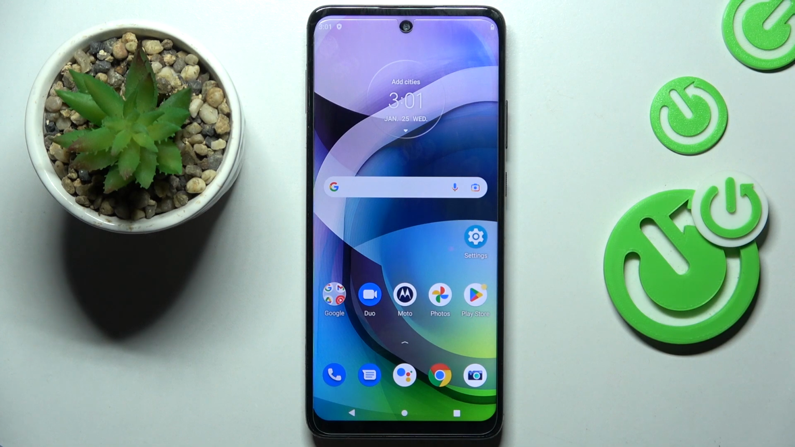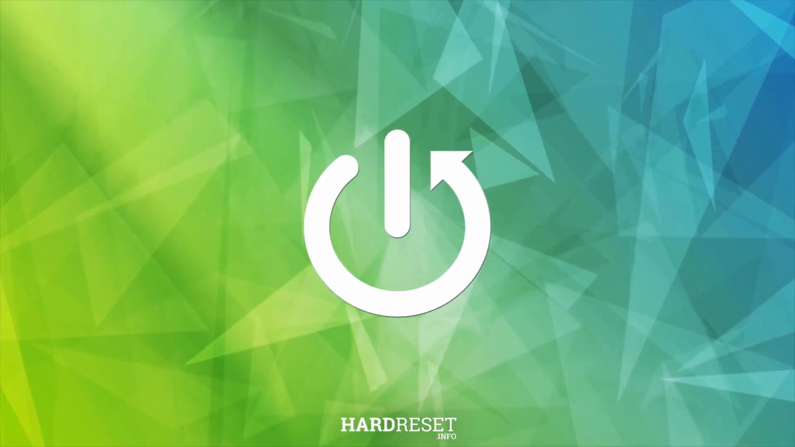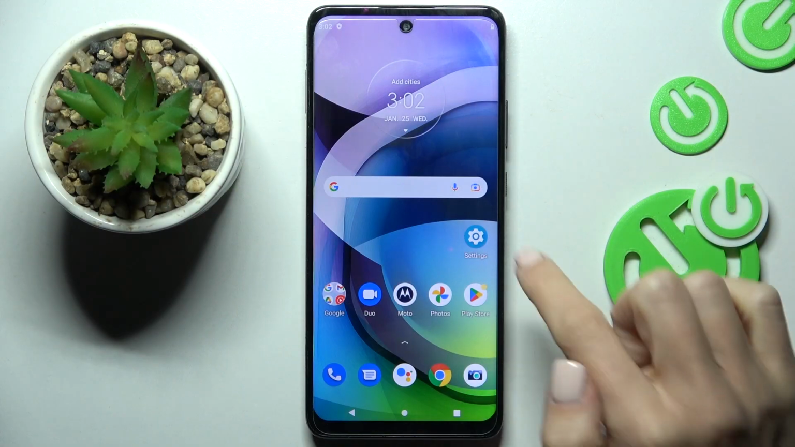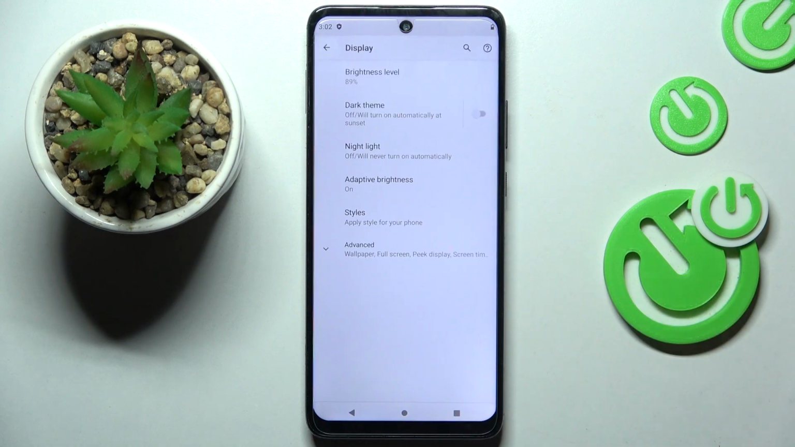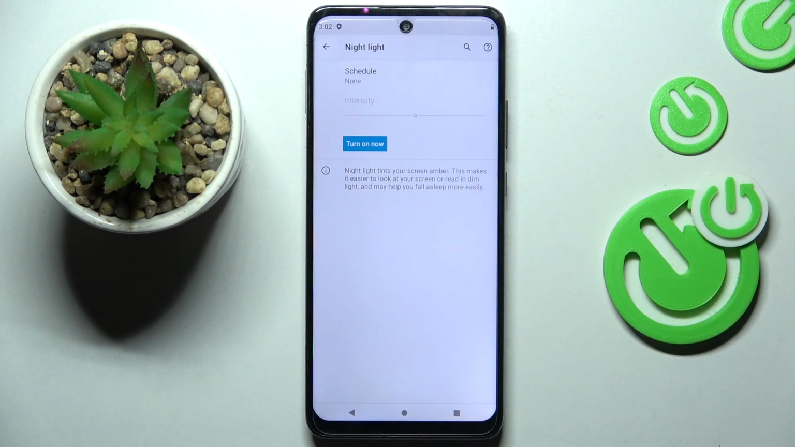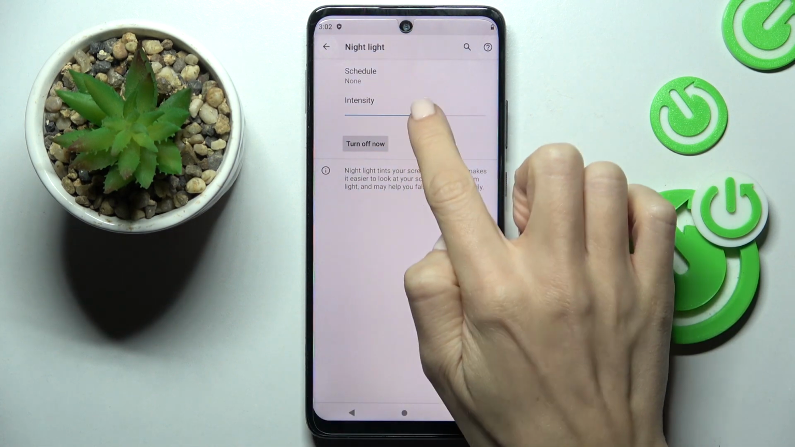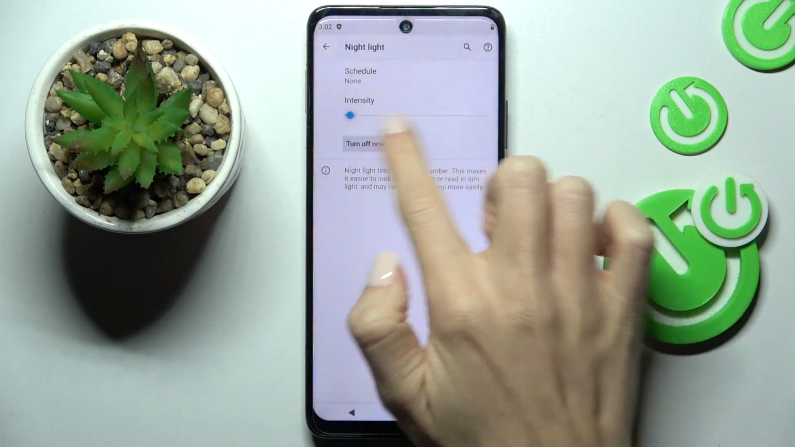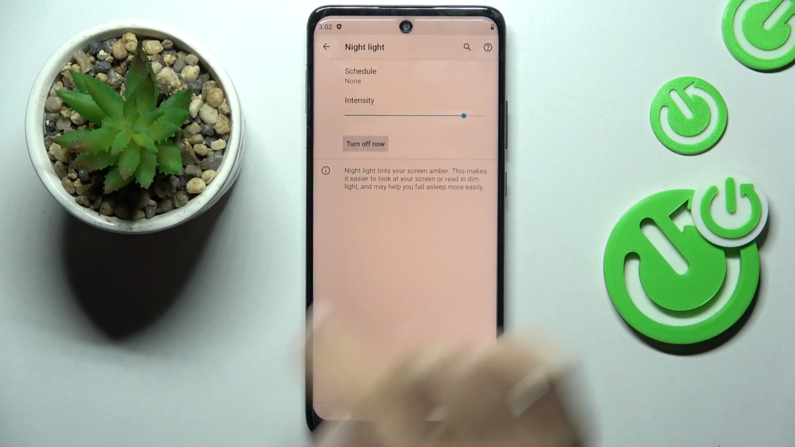Hello guys, here we've got Motorola One 5G Ace, and let me show you how to activate night mode. So at first open the settings, then find and select display, and here click on night light. So once you want to activate it, click on turn on now, and here you can change the intensity. So just by using this scale you can personalize it however you like, and you can switch it off the